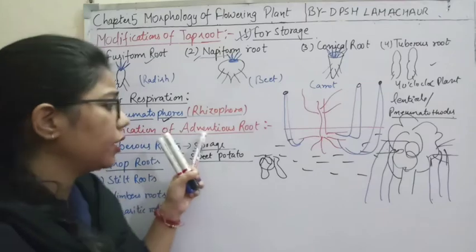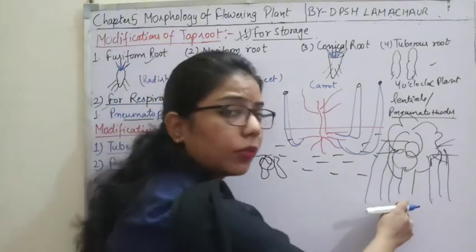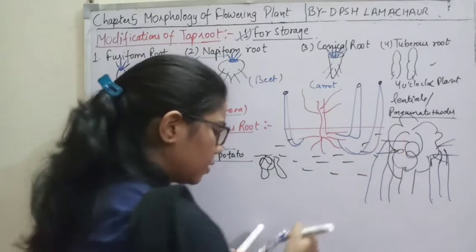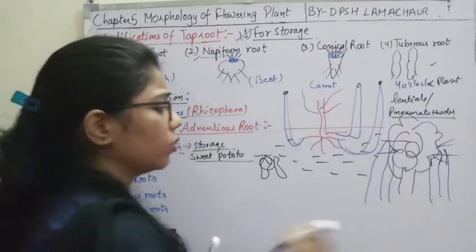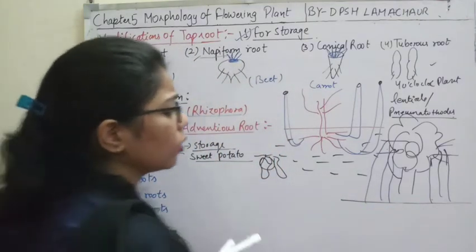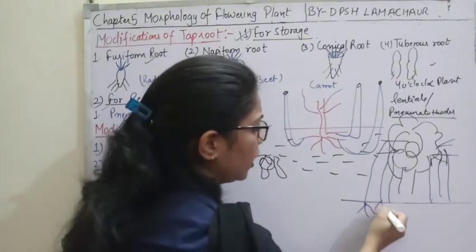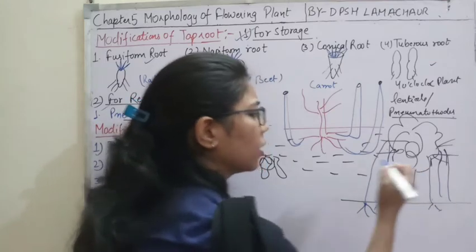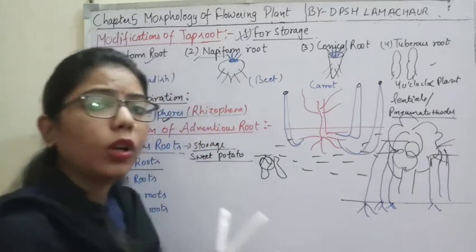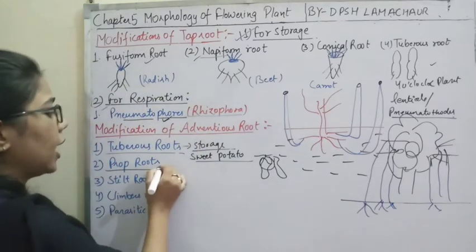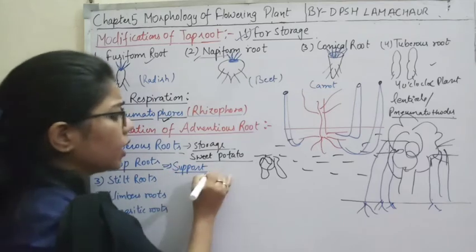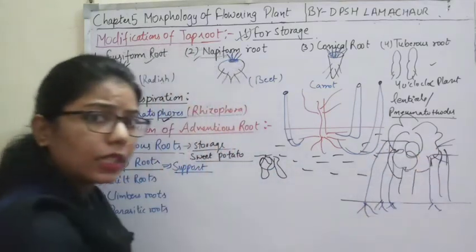That's why we are saying adventitious, because it is not coming from the root of the plant. It is coming from the stem, and it is going into the soil, and again they are forming roots there, from above to lower parts. Now when it happens, what do they function as? They function as a support system. They are providing a support system to the plant.